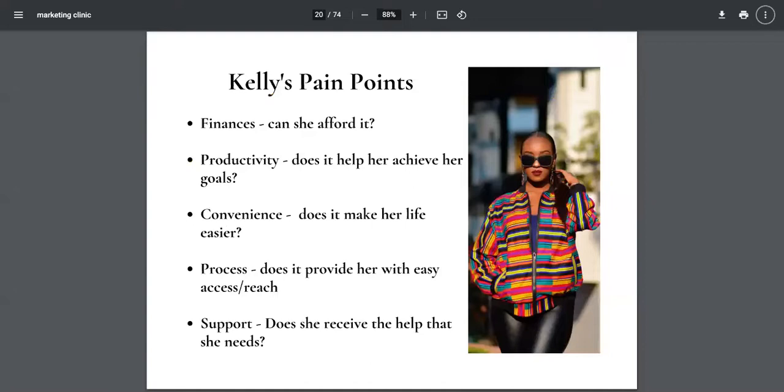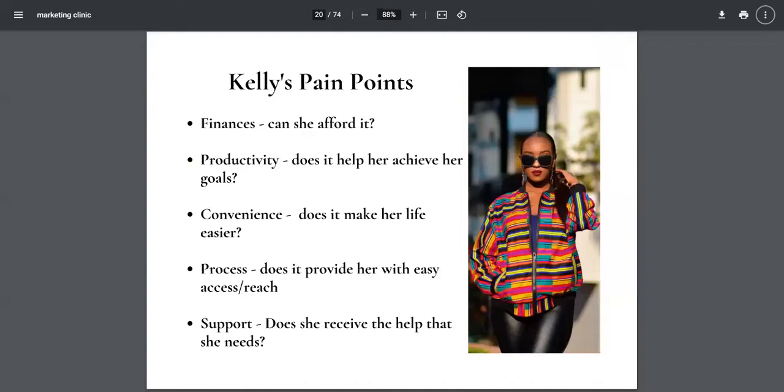So in terms of the businesses that I've worked with in the last year, I think I've worked with around 20 to 25 businesses alone. Getting coaching services, especially as a startup, especially as a Black business, can be very difficult. So I made it as affordable as possible to my target audience. Productivity, does it help them achieve their goal? I would like to think that I did, simply because I got them to a point where they did not understand their target audience. They did not understand that they needed marketing, and then they did. So I helped them go towards achieving their goals.